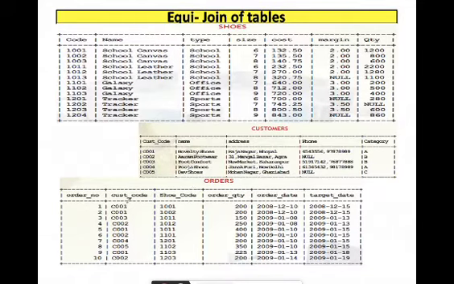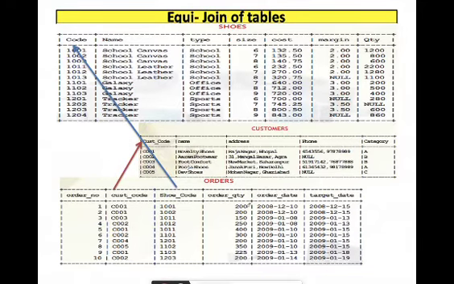And in order table I am keeping the record of the orders, in which, if you see, there is a common column with the customer table also and with the shoes table also. With the customer table, customer code is kept in the order table so that we can relate these two tables and find out the address, name, phone number and category of the customer anytime we need.